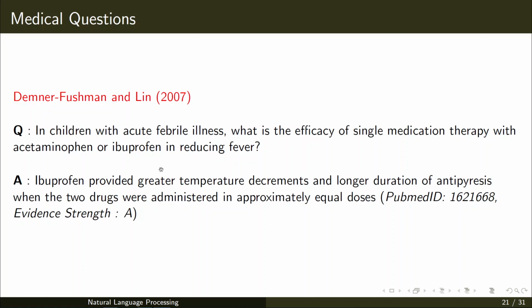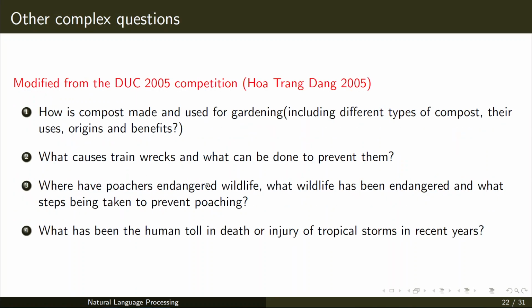For all these types of questions, you will have to go to multiple sets of documents and do a summarization. For example, to get an answer to this question, you will have to go to this PubMed ID, and under this ID there may be multiple documents, and it has to find a solution or a summary like this.